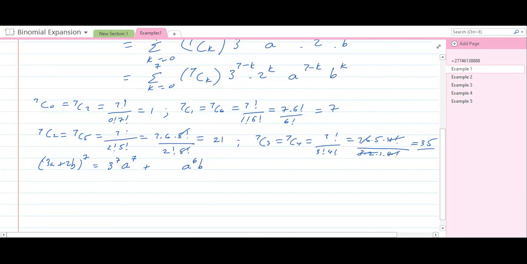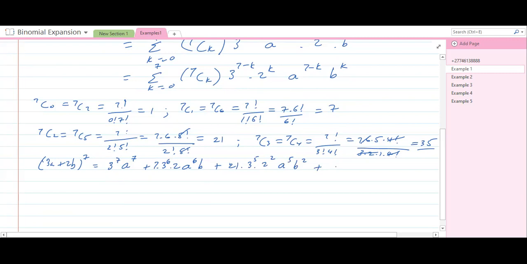The coefficient: 7 choose 1 is 7 times 3 to the power 6 times 2, plus 7 choose 2 should give me 21, 3 to the power 5, 2 squared, a to the 5, b squared, plus